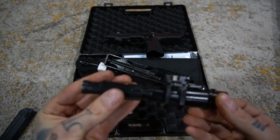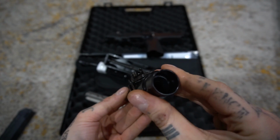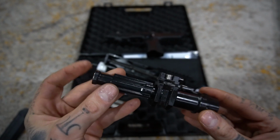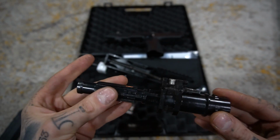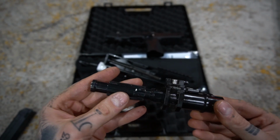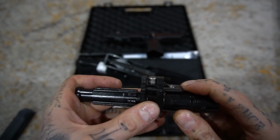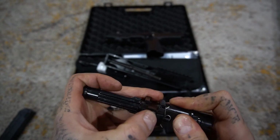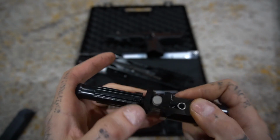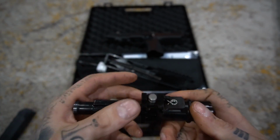And this part that I'm moving here, this is the barrel. You can see it moving in and out of this shroud, which takes a proprietary can, which kind of sucks. Maybe somebody out there makes an adapter. I really don't care too much about suppressing this, if I'm being completely honest. And then this is that forward tab thing that I was dealing with. And I'm going to guess... Nope, I have no idea. I'm not sure what this pin is, but